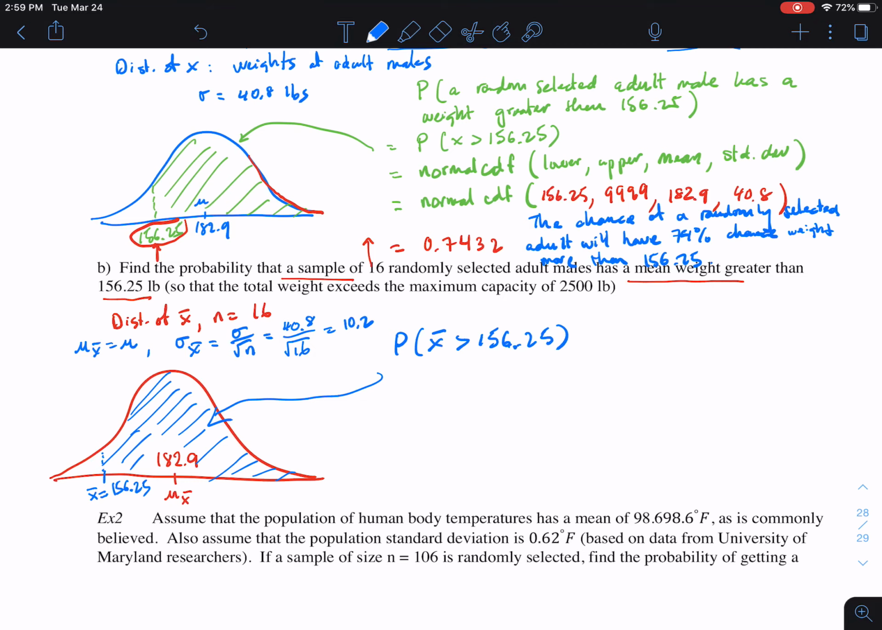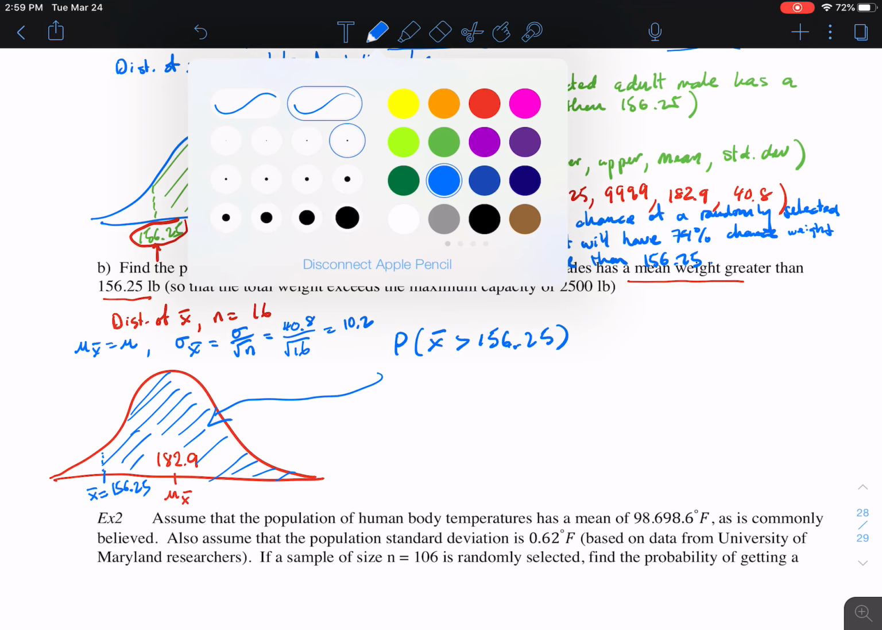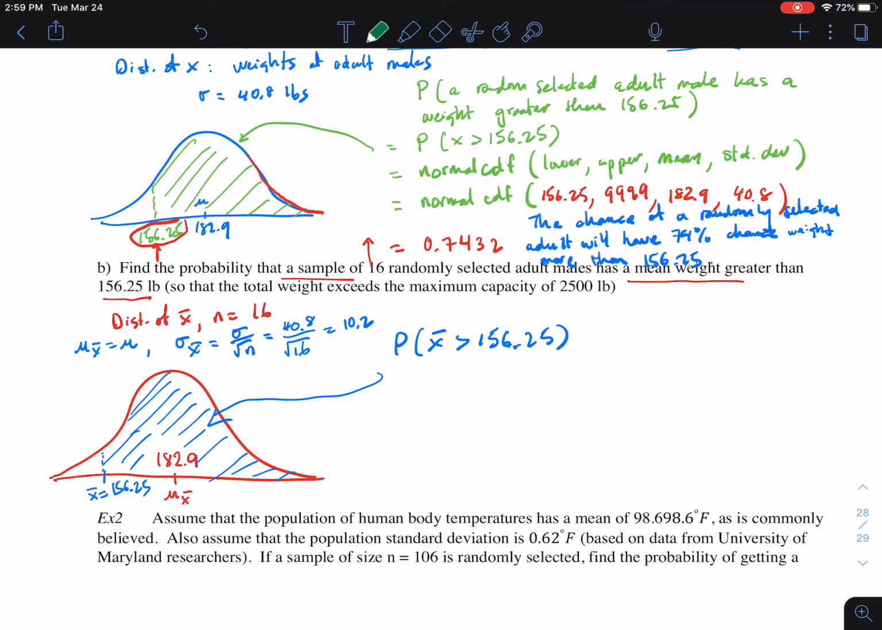What will be the chance? What will be the probability that a sample of 16 randomly selected adult males has an average weight that exceeds 156.25? That means if the probability is high, the elevator has a really good chance of being overloaded. So this notation stands for the probability of a sample of 16 with average weight more than